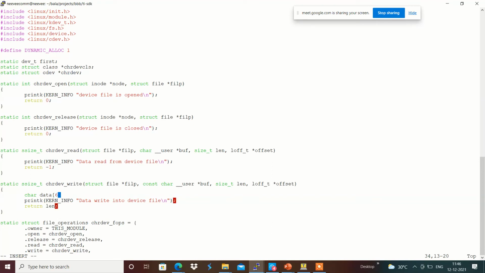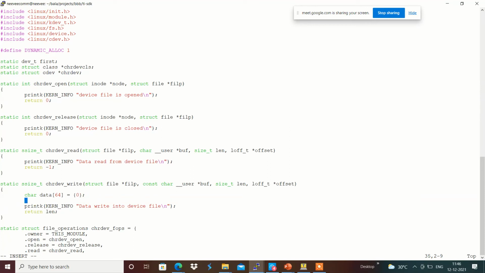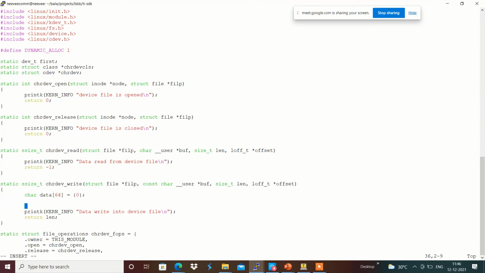Character data of 64 bytes, initialized with zeros over here. I'm going to use something like copy_from_user, which we are going to copy from the user, whatever data we will be receiving in the buffer, and we want to copy it into the data accordingly over here: data, buff, buff_len.